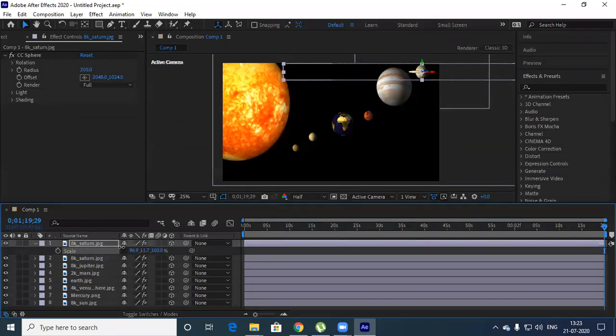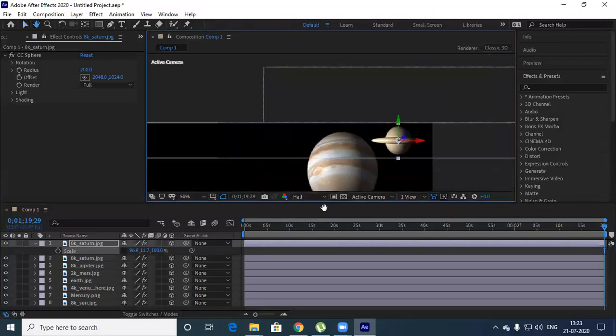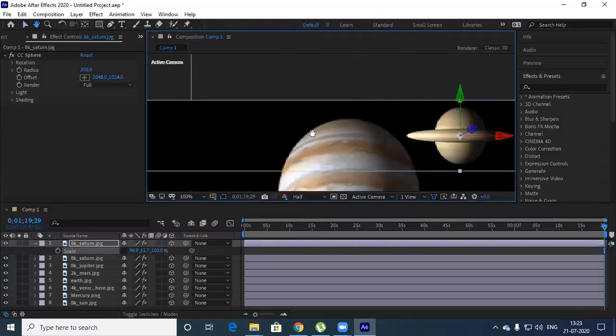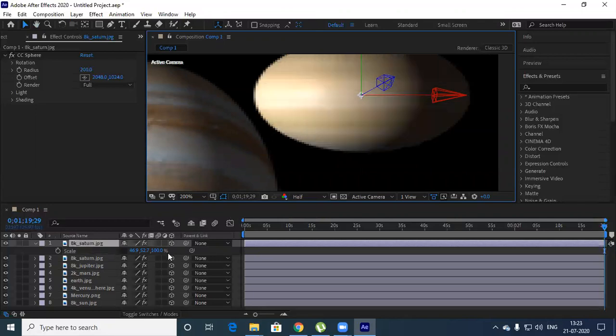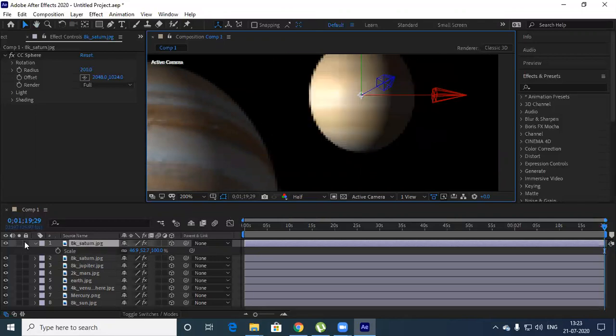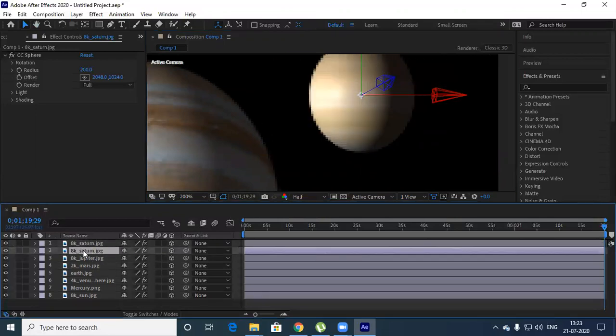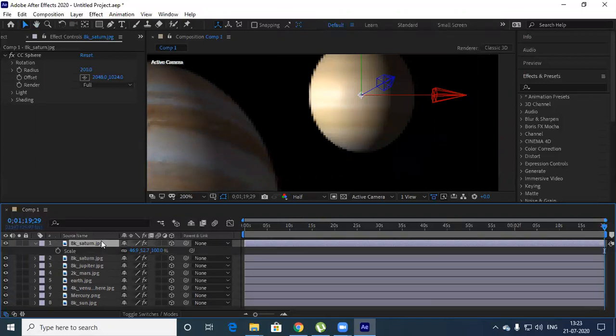Understood what I'm doing? Okay, I created a ring here. See how I did? I'll show you once. I have one Saturn image, Saturn footage. I duplicated this. I'm not changing anything except scale.